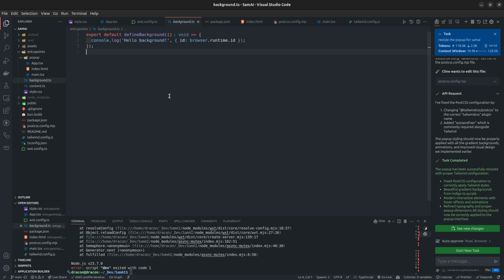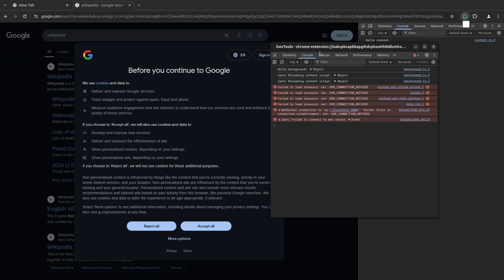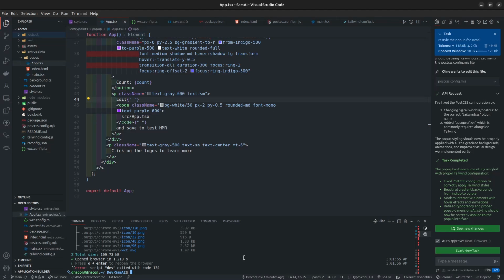And background would be kind of the background of our extension. You can think of it like front end and back end. So we can just click on our extension and inspect the pop-up, and we see hello background. So this does not run on the website, and we will need to use messages to communicate between the two. And albeit a little bit we're getting ahead of ourselves, we can also build,